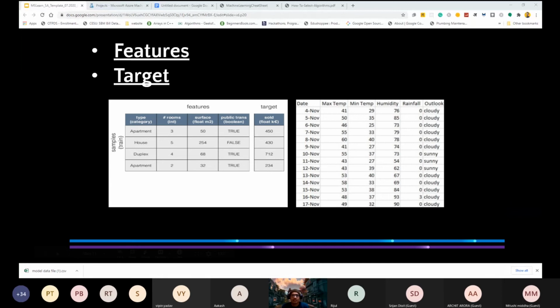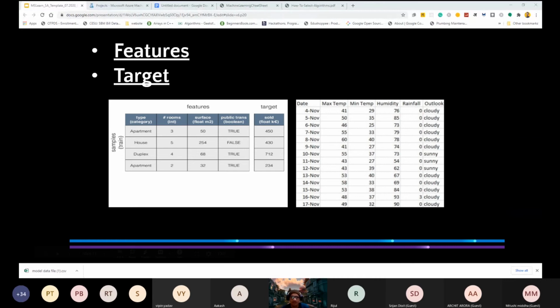Now, next is the targets. It is the information that the machine learns to predict. Basically, in a mathematical formula, the target is usually called y, with subscript i for single instances. The term which we have to predict, that is the target. For example, if we have to predict the price of the house, then that is our target.